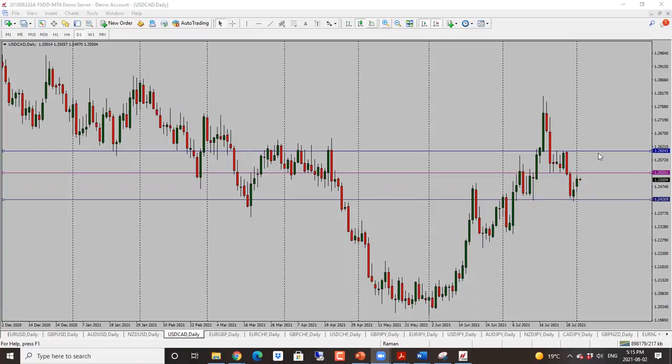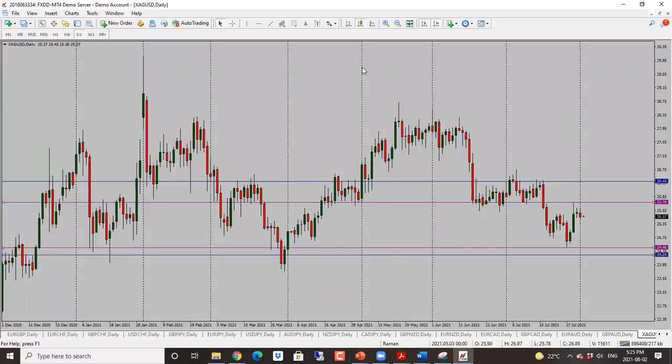I'm looking for price to retest 1.2525, which is our support resistance level, and then if it holds, we're looking for price to go lower towards the support. If it crosses through, then we will target the high at 1.26. At this point, we do need to give it some time and see which direction it wants to go, and that's where we'll trade. All right, let's take a look at our commodities here.